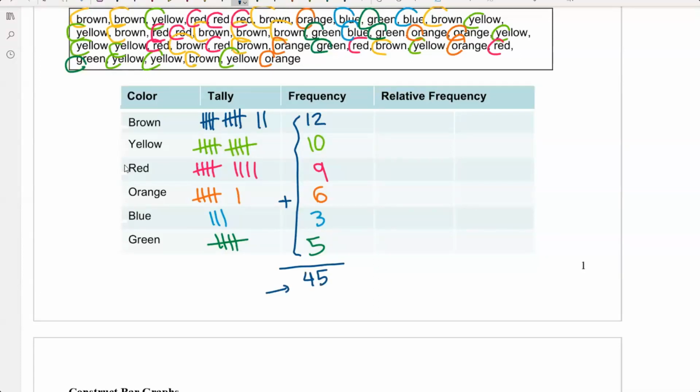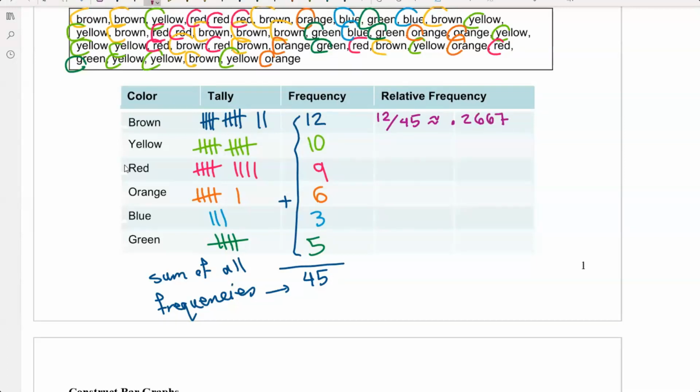This is the sum of all frequencies. Okay, next step. Now we can find relative frequency. How can we find that? Divide each number by the total sum of frequency. So 12 divided by 45,